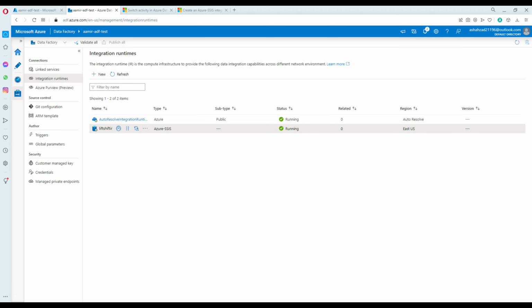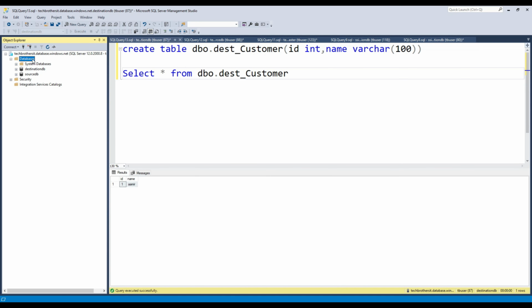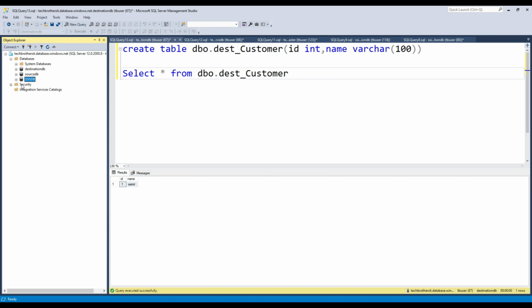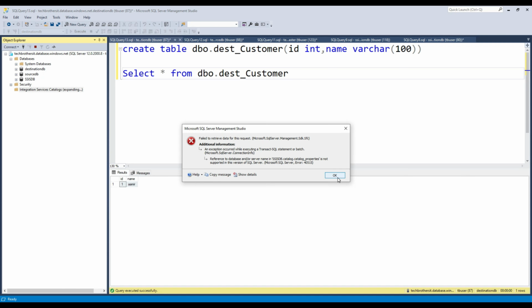Now we need to go to our SSMS, and I'm going to go ahead and refresh, and I should see SSISDB right there. So you see right there, SSISDB is created, all those system tables and everything are created, and we are all good here. Next part, we are going to refresh this Integration Services Catalog, and under that we are going to see some